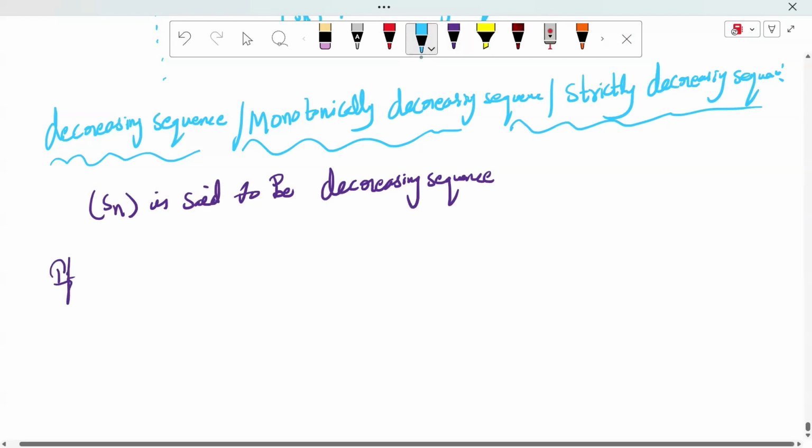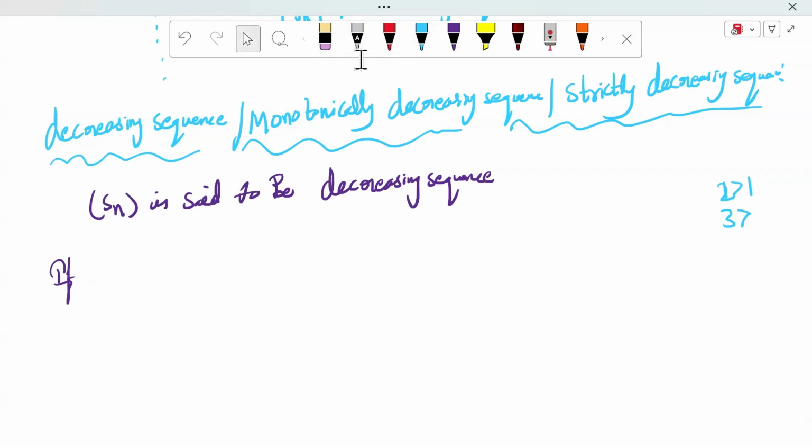For example, we can take decreasing sequences, sir. For example, 1 is greater than 2 is greater than 1... We can take either. For example,